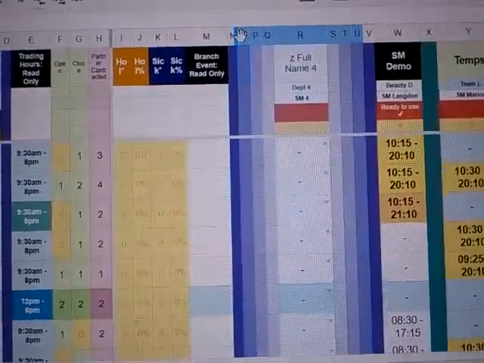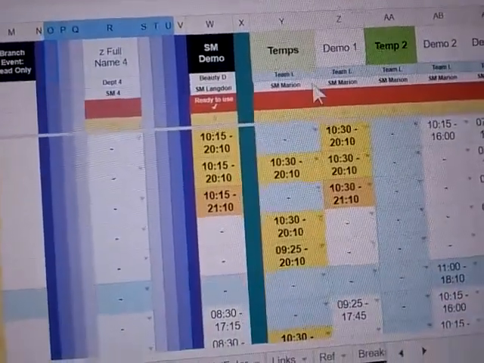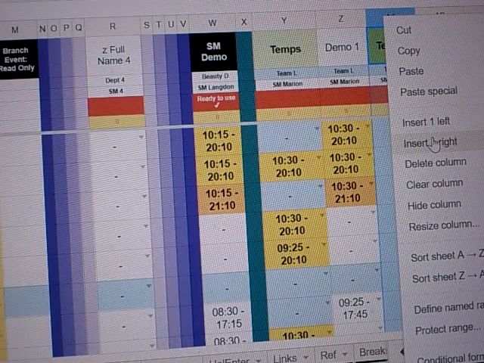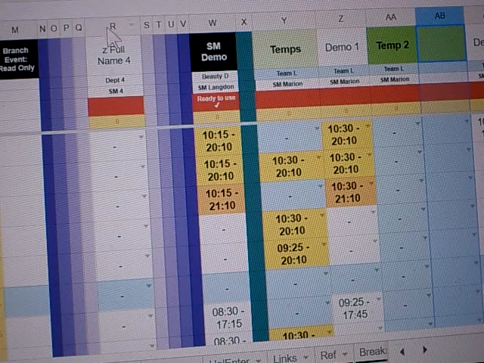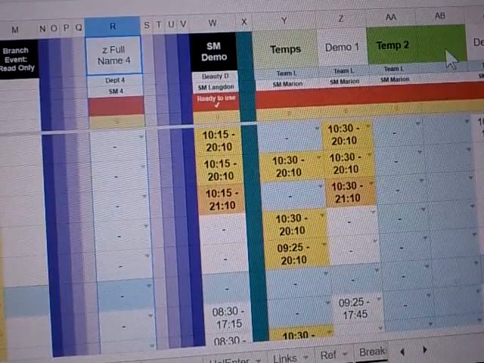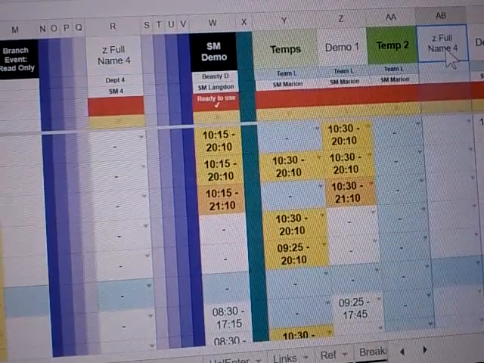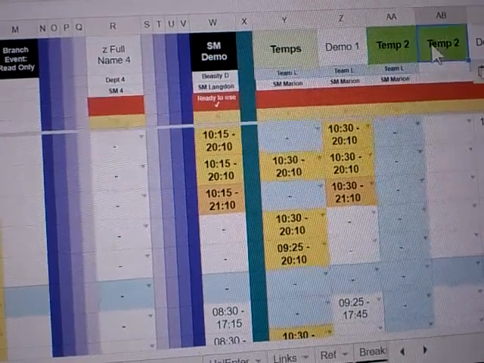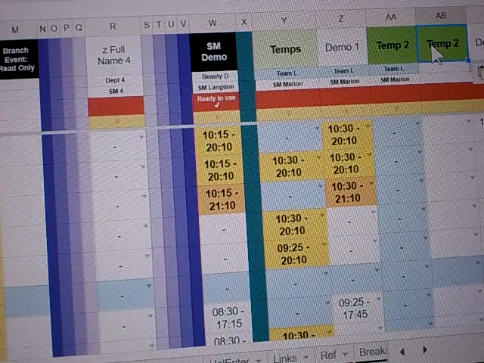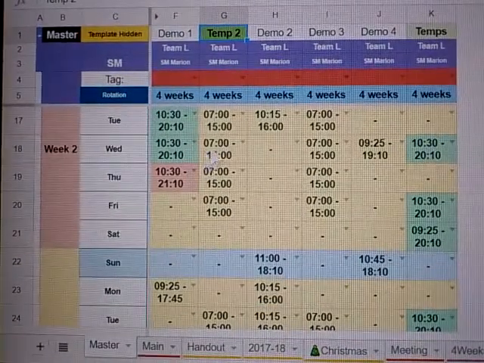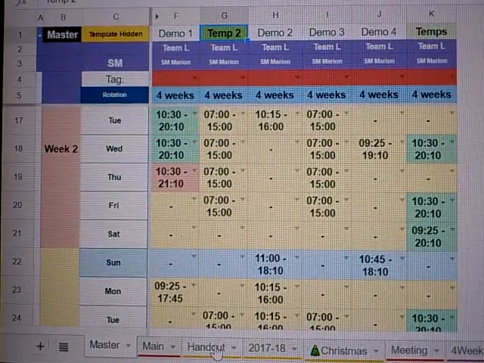Open this up, okay, and insert a column, insert right, copy the entire column here, copy it, Control C, and then paste it, Control V. Copy the name across, okay, and now go back to the master and input the new rotor in. Okay,